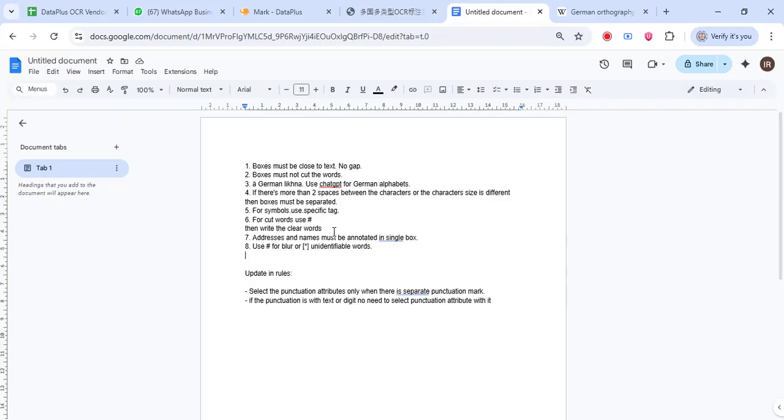What do you have to do? You have to make a single box, transcribe the letters which were clear, like "bi" you will type, and for "k" and "e", which is blurry, you have to place this hashtag. And the same if there's a whole line. If the whole line is blurry, then you have to